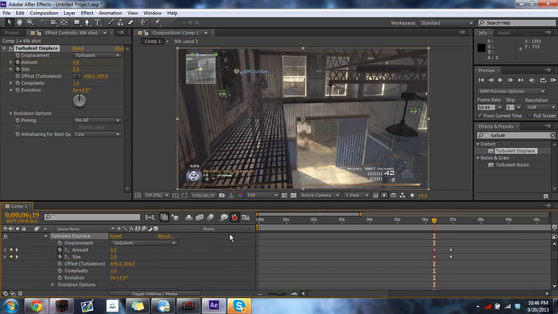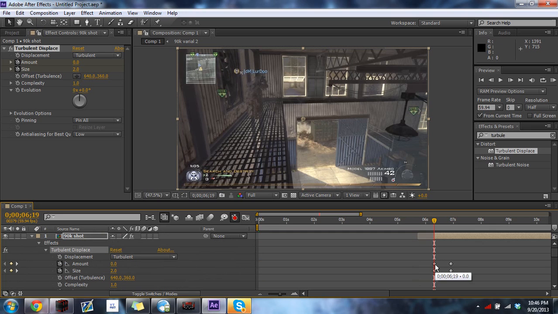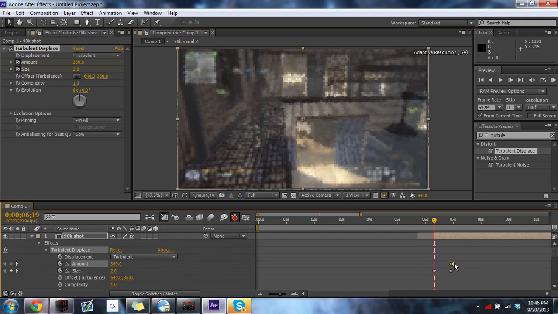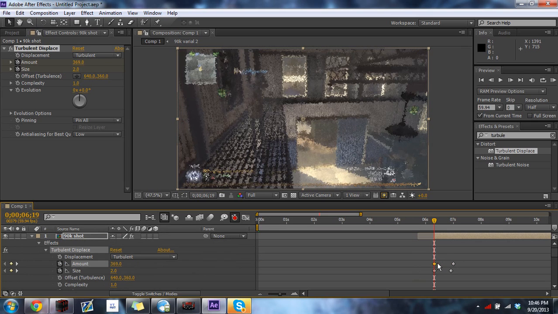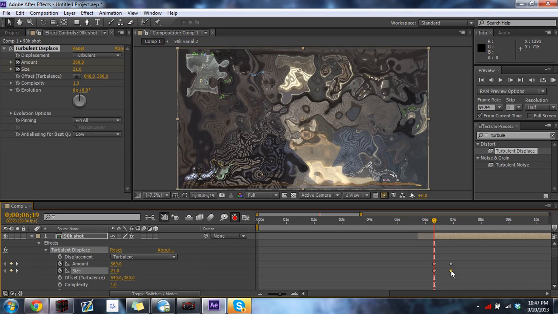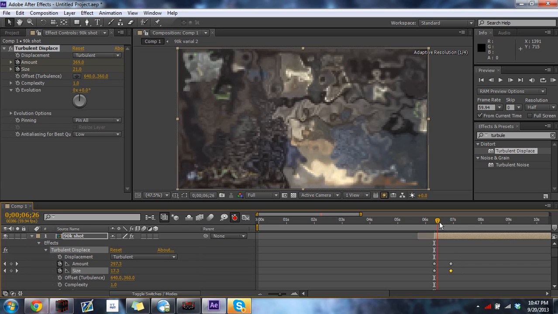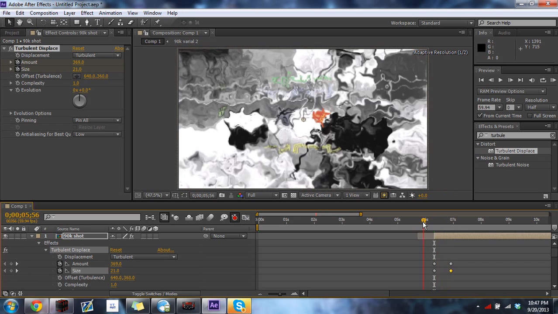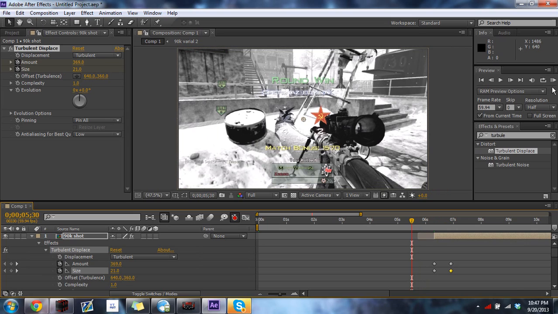We're going to open up Effects, Turbulent Displacement. Those keyframes at the end don't really matter, but what we're going to do is basically swap these. So hold Shift and it'll snap to that, and hold Shift and that will snap, and then we just have to switch the second ones. Now it'll be in the right spots, and then it'll go back to normal. So if I preview this,